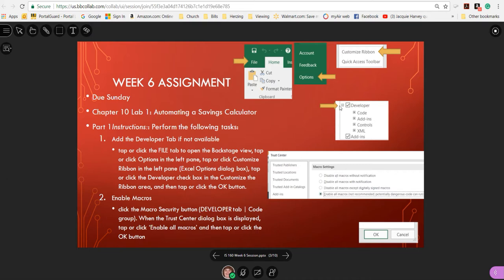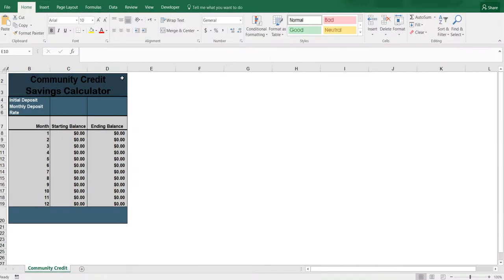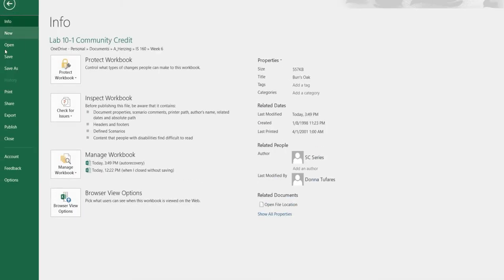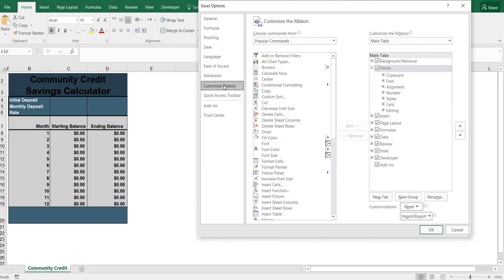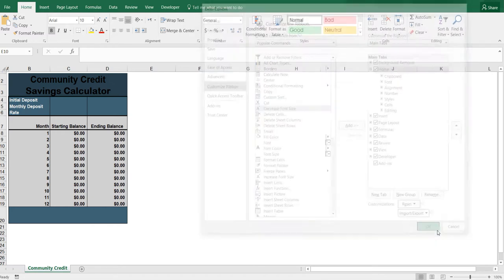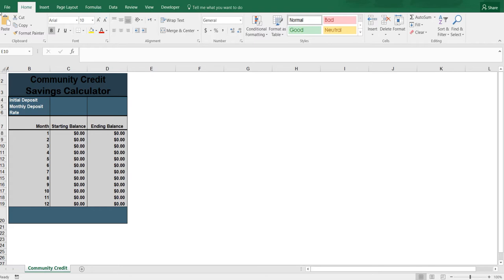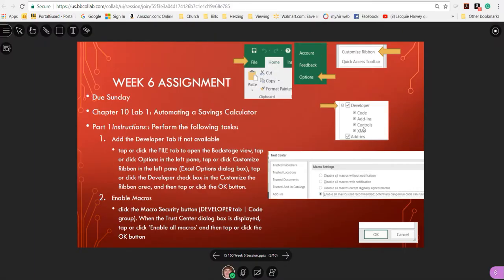And if it's not on this side, you can add it. I already had it added, so I don't know if it was originally. I can't remember. But if it's over here, then you find it, and then you just add it over there. And if it won't let you, you might have to create a new group or a new tab. It should be easy, though, to just check it. And then once you have the developer, then you can